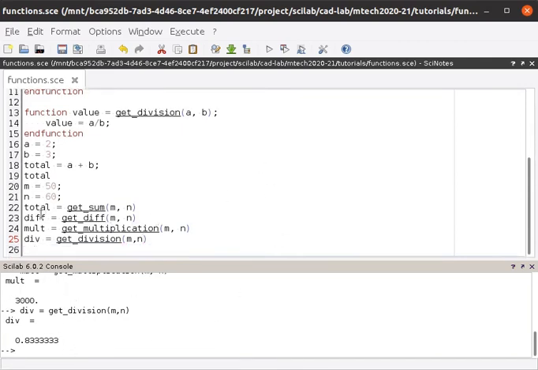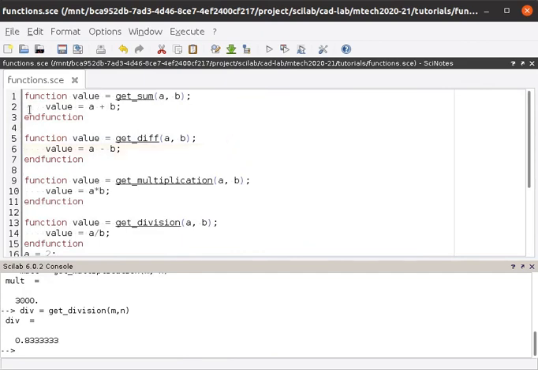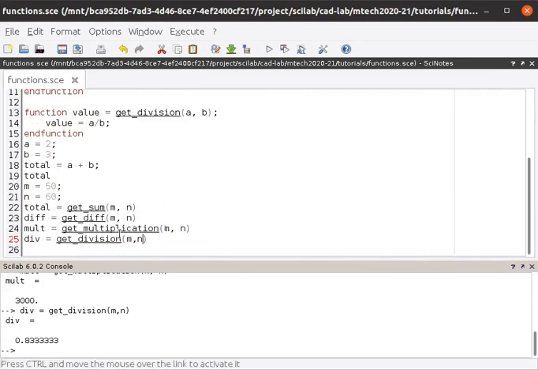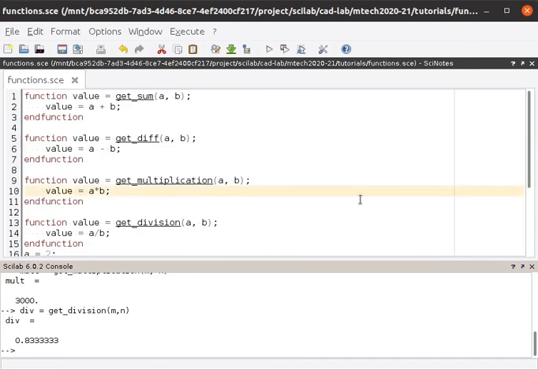So this is the beauty of this program, that once you declare these calculation codes, you don't have to do the calculation here. So it will save you a lot of work, and also the code becomes very clear and easy to manage. So function declaration is very important.